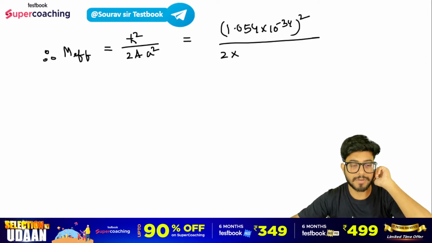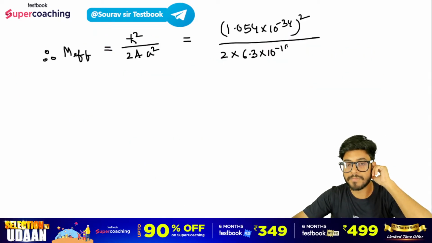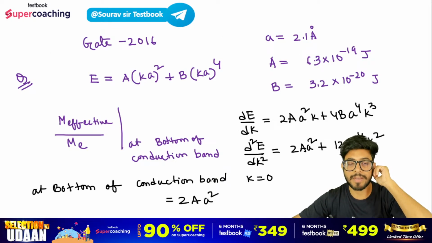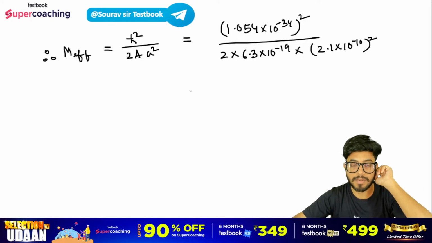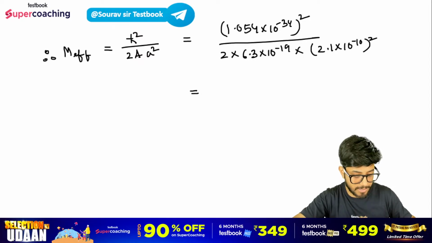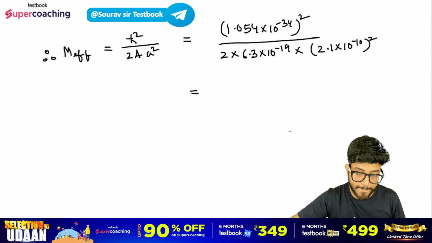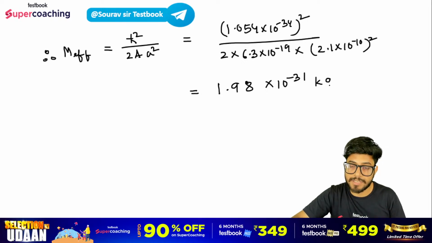2 इंटू ए का वैल्यू दिया गया था क्वेश्चन में, क्या था, 6.3 टू द माइनस 19 जूल, मल्टीप्लाइड बाई यहाँ पे जो तुम्हारा ए है स्मॉल ए 2.1 एंगस्ट्रॉम है, इसको लिखो 10 टू द पावर ऑफ माइनस 10 स्क्वायर। ये कैलकुलेट करके देखना भाई क्या आ रहा है, 1.054 into 10 to the minus 34 स्क्वायर जो भी आ रहा है डिवाइडेड बाई 2 into 6.3 into 10 to the minus 19 divided by 2.1 into 10 to the minus 10 स्क्वायर, लगभग 0.98 into 10 to the minus 31 kg।